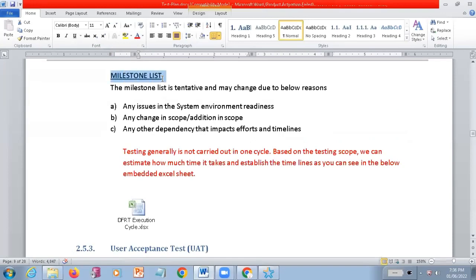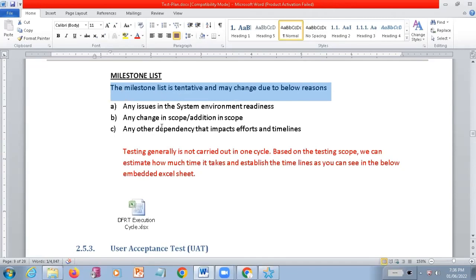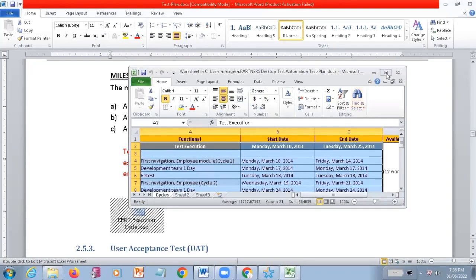And what is the milestone list you want to achieve? Milestone means what? See, the milestone list is tentative and may change due to the below reasons. Initially, before the testing gets started, we are just going to give some assumptions.